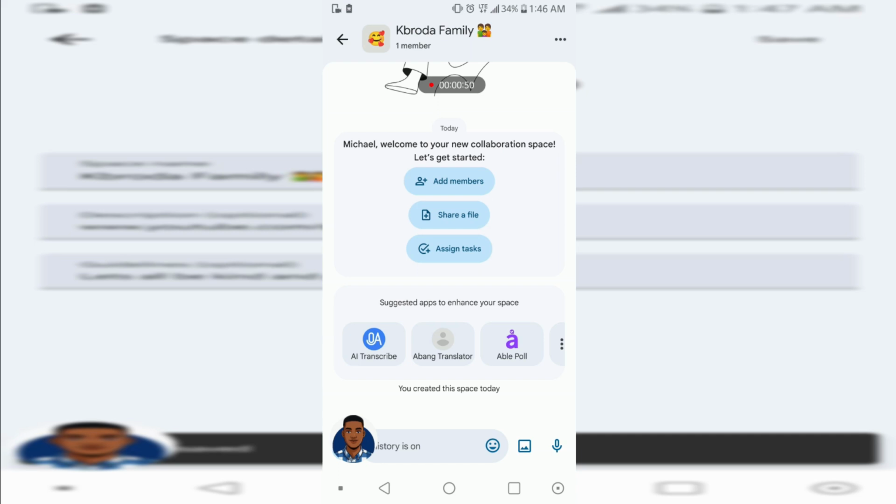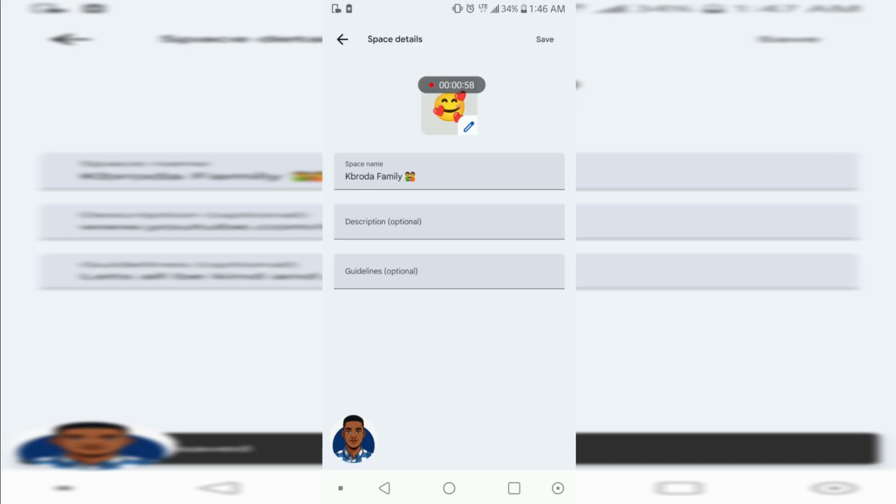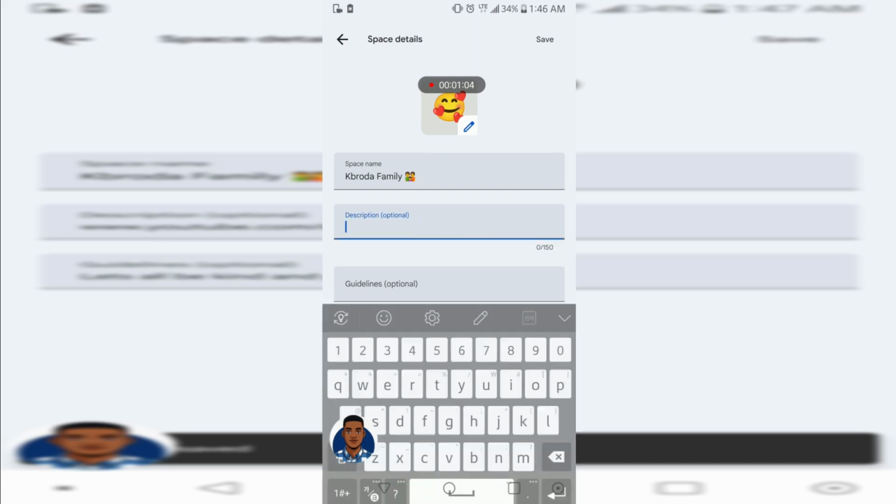that here. So we can also add another AI apps and all that too as well. So let's just open that here. Good. You can tap on the pencil button here to edit your space name or your group's name and everything. Let's add a description. So the description should be